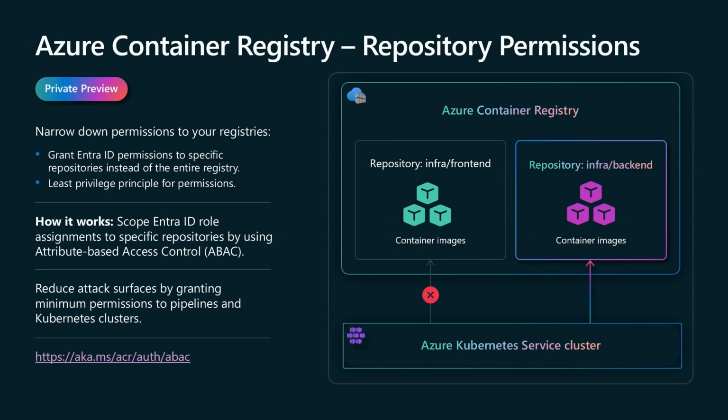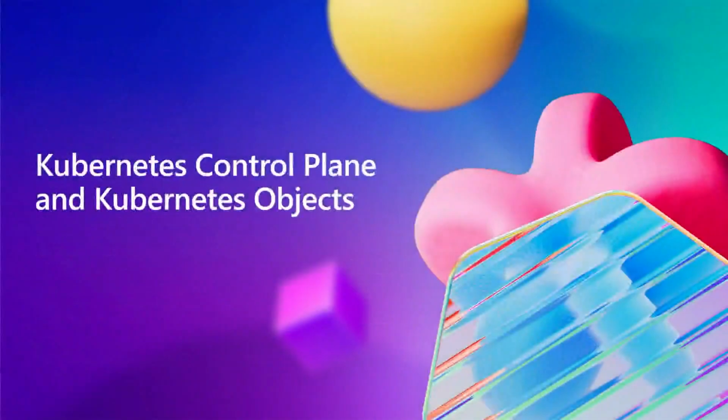The other thing that we've added is fine-grained repository permissions. This has been a request for a long time. We can grant Entra IDs specific permissions to specific registries. So that means you can, even though you have one container registry, at an image-by-image level, provide capabilities to pull down images. And that reduces the risks and the blast radius associated with having security problems in those images, from leaked secrets to everything else.